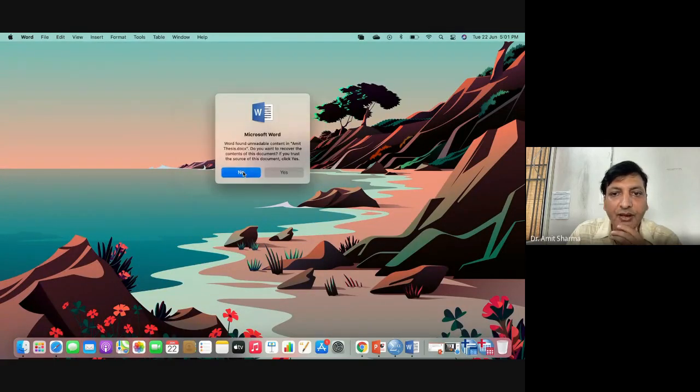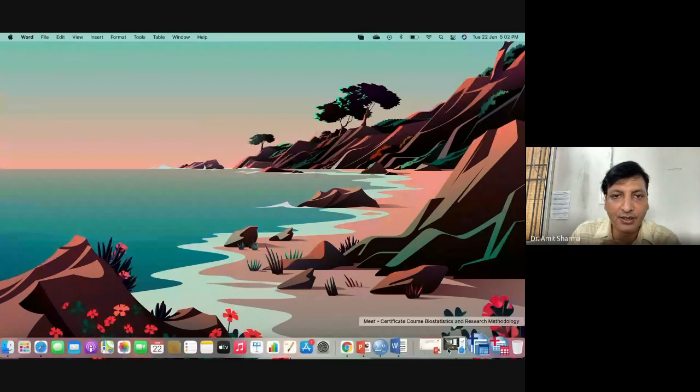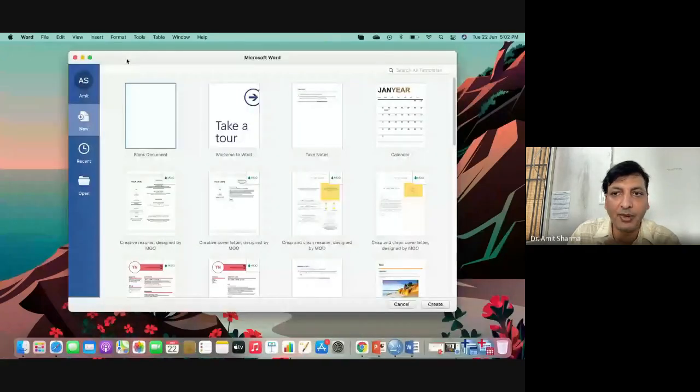Yeah, if you're working on a Windows platform and you switch to this MacBook, you're going to get this kind of error. Before exporting the documents, we have to convert the document into a format which is compatible with MS Office on the MacBook.